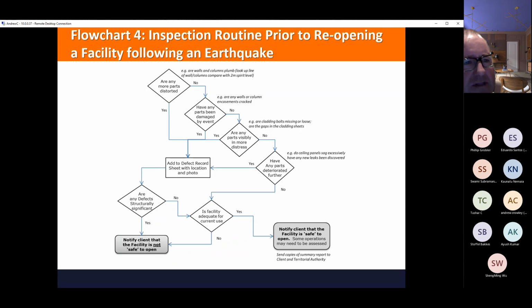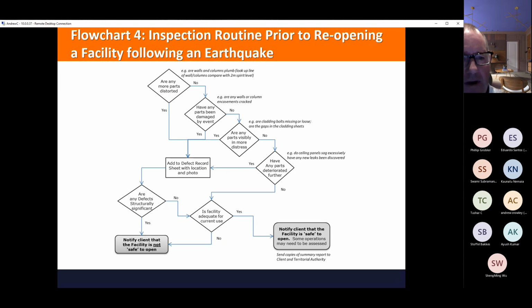Obvious questions. Is anything more distorted than it was before? i.e., are the walls and columns plumb? Do they line up? Do the columns compare with a 2-meter spirit level? A long spirit level is usually a very useful tool to have around when measuring the fall of floors and the alignment of the walls and columns and so on.